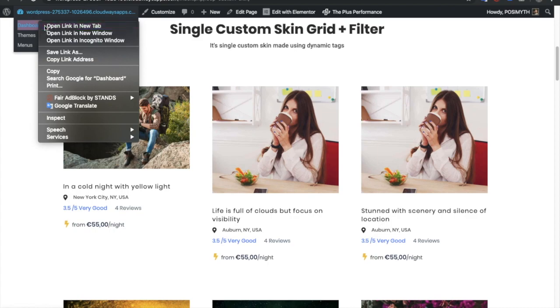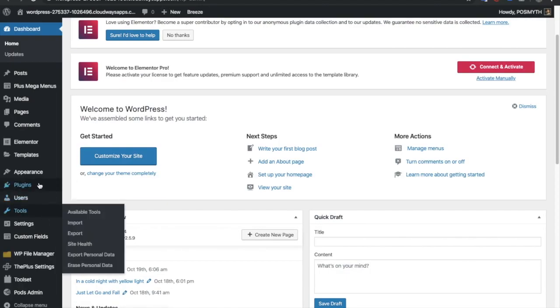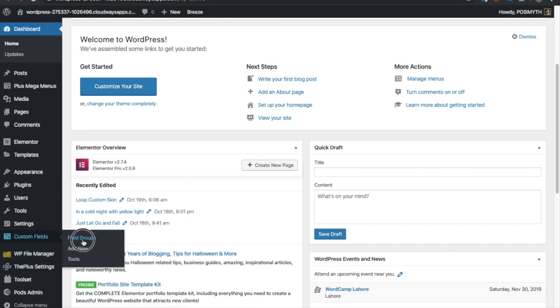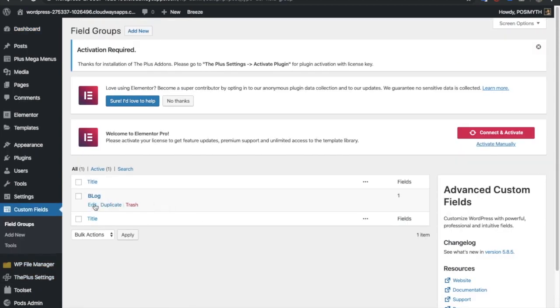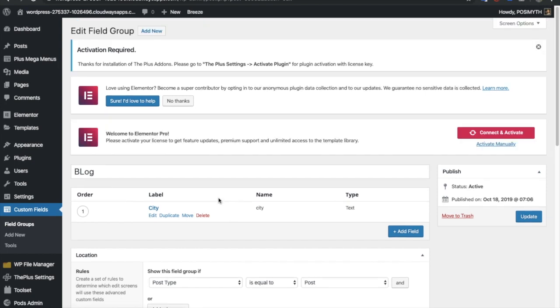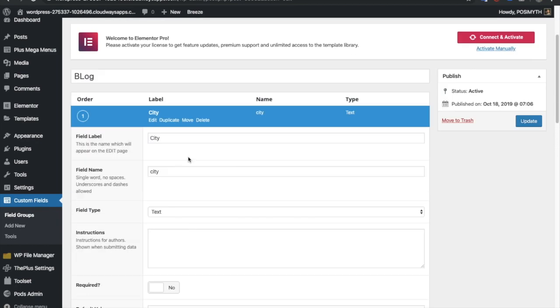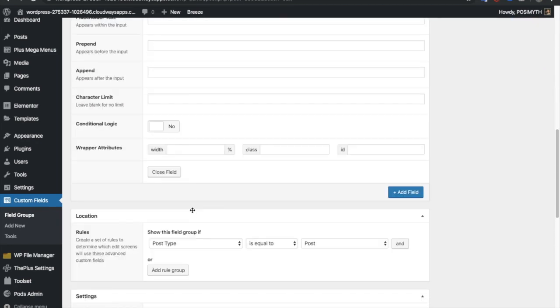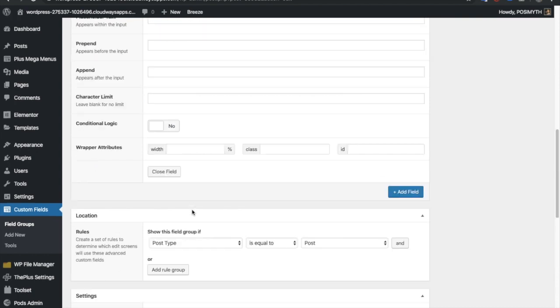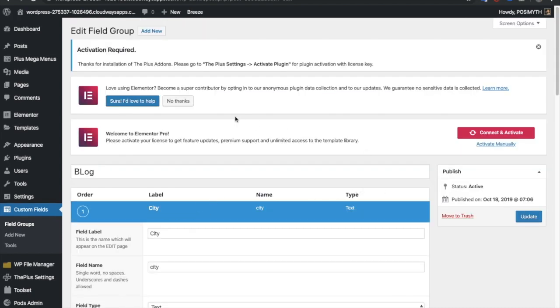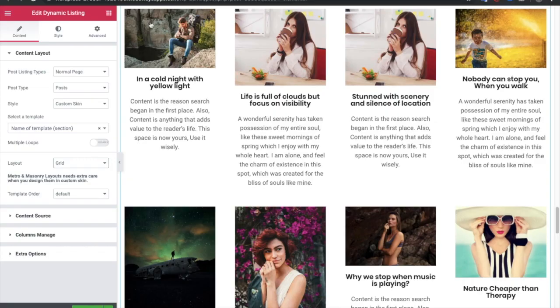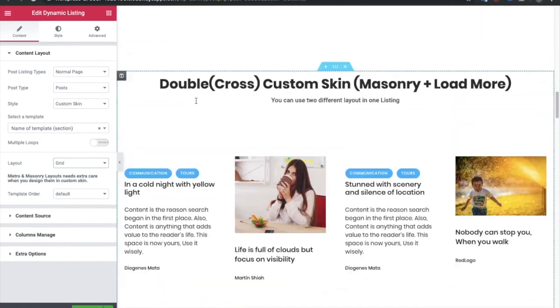Now let's see what we have set up in ACF. First of all, in the ACF you need to make one field. We already made a blog field, and in that we have label city. You can see all the settings over here. There aren't many settings, and you need to update, and you will have a city label in your ACF field. Now let's go and check it out